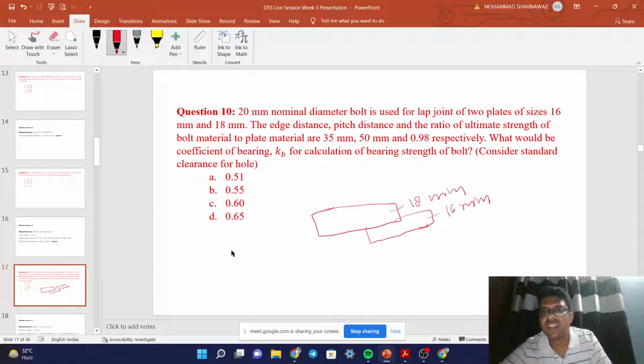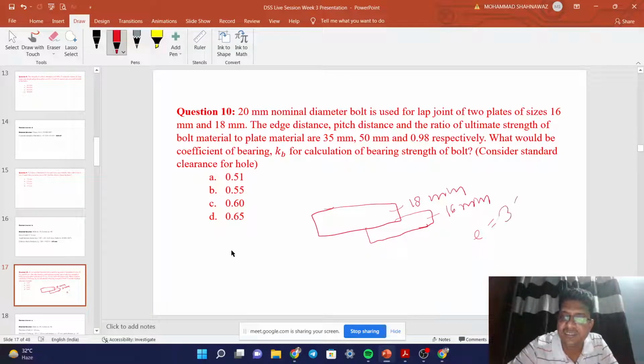So the edge distance, pitch distance, and the ratio of ultimate strength of bolt to plate material are 35, 50 and 0.98 respectively. So edge distance E is reported as 35, pitch P is equal to 50